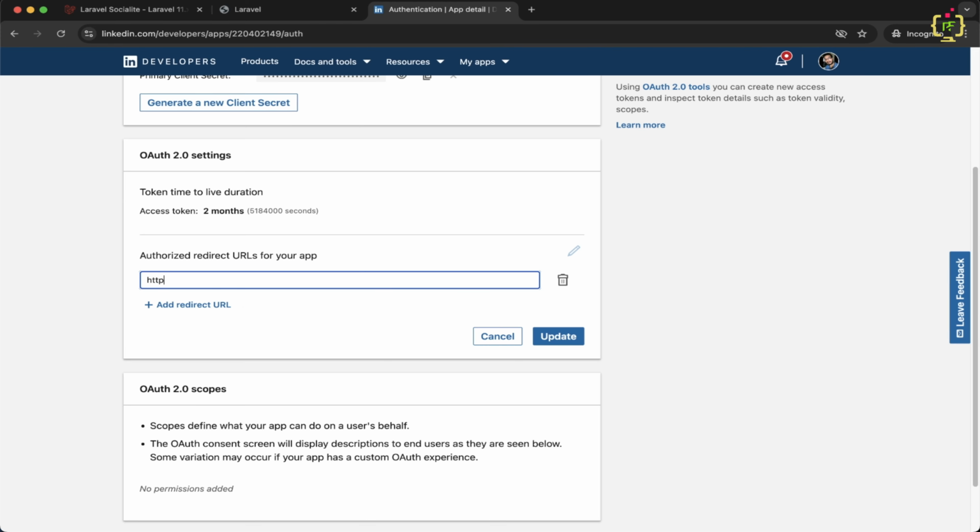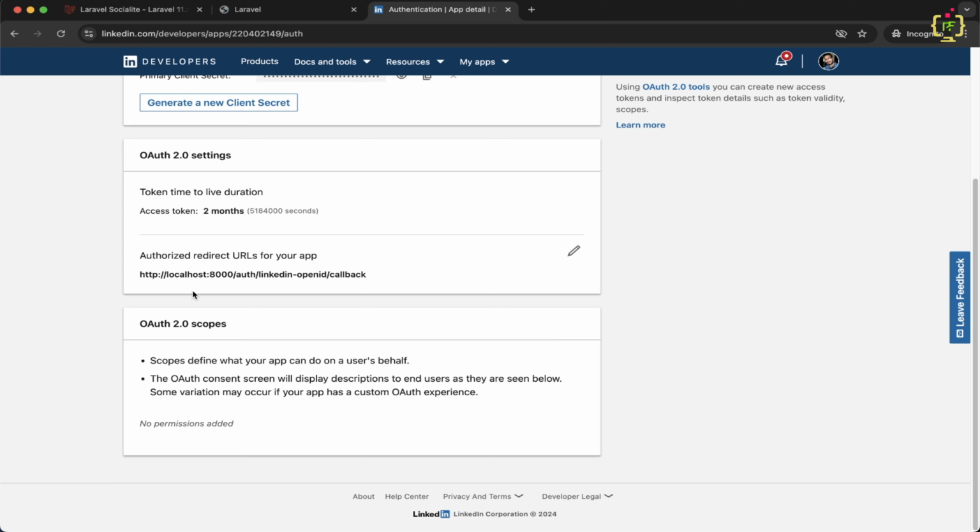Here I will add http://localhost:8000/ and then the endpoint name as auth, and here we will provide the provider name. So I will add linkedin-openid and then /callback. Okay, this is fine. Let's click on update. Yes, we have the authorized redirect callback URL added.